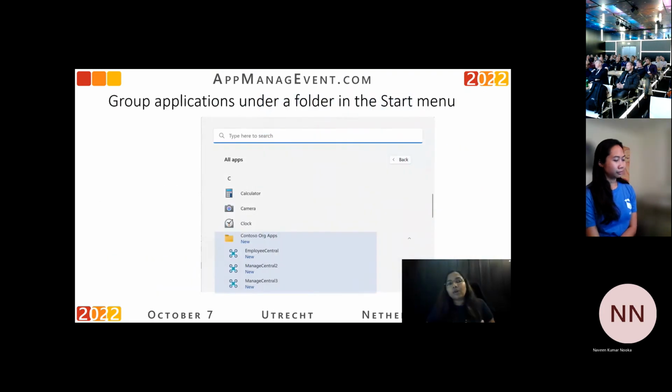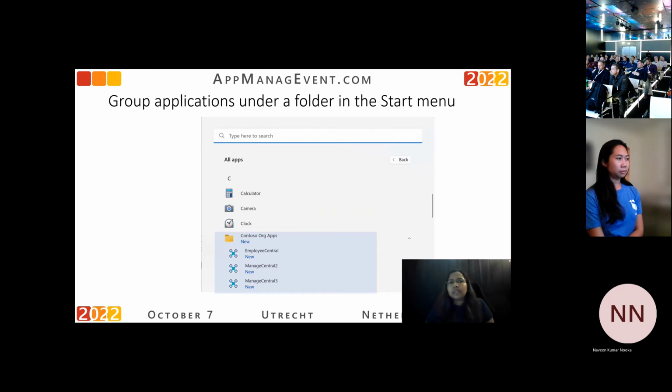The next feature I'm going to talk about is one of the most widely requested features from community, and that is grouping applications from the same MSIX under a folder in the start menu. You would know an MSIX application package can contain multiple applications. Even the manifest of an MSIX packaged application contains applications element, which means you can have multiple applications inside the same package. Each of these applications are the available entry points. Each of them will become an icon in the start menu.